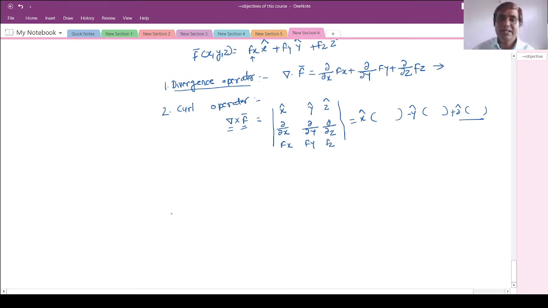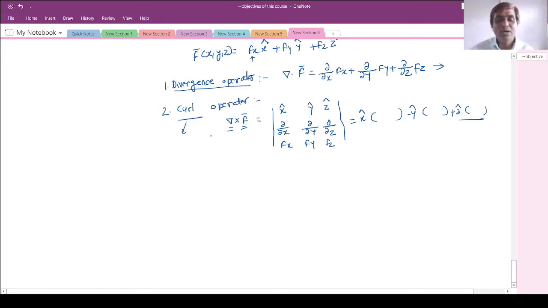Regarding the curl operator, as the name suggests, it is like a curling. For example, consider a field like the surface of a river, and we keep some object on the river. Because of the differential flow of the layers of water, there will be some kind of rotation effect on the surface of the river, and that is the effect captured by the curl operator. So curl is a quantity which represents the net rotation created per unit area of surface.